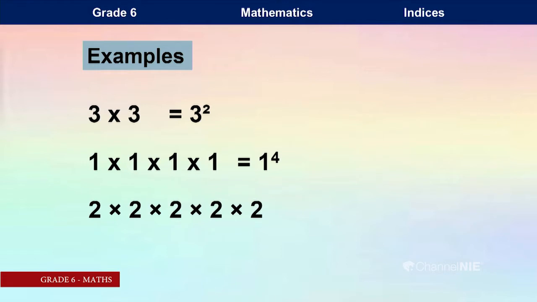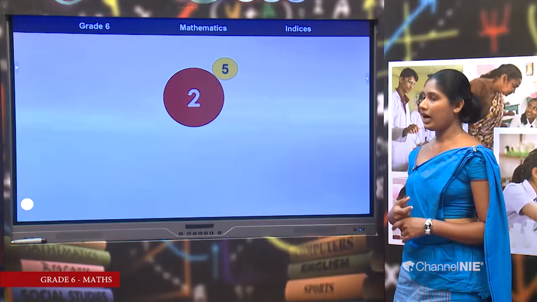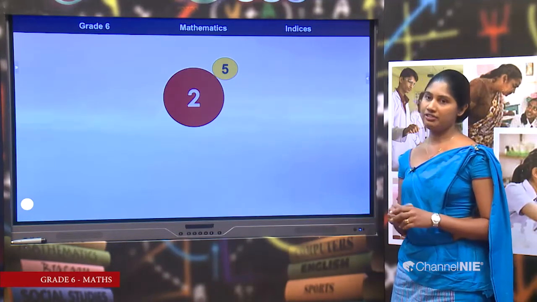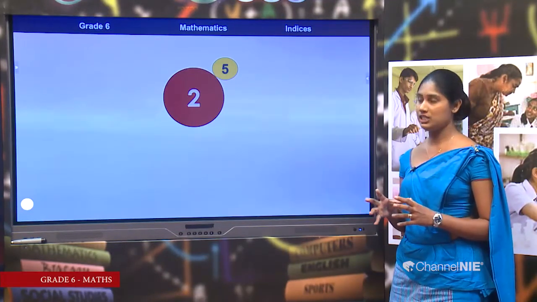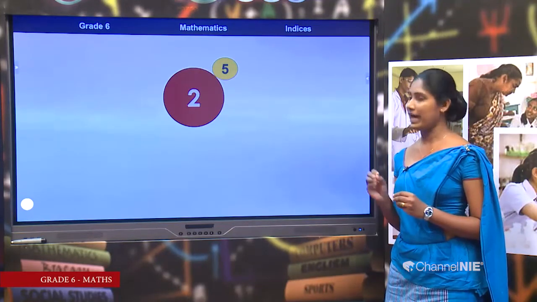Then, how many 2's are there? It is very inconvenient when we write this again and again and have to multiply. So, we can write this using only one 2. So, how many 2's are there? 1, 2, 3, 4, 5. Then we can write this 5 at the top right side of this 2. Okay. Then I have taken 2 and 5 here. You can see 2 is larger and 5 is smaller than 2.